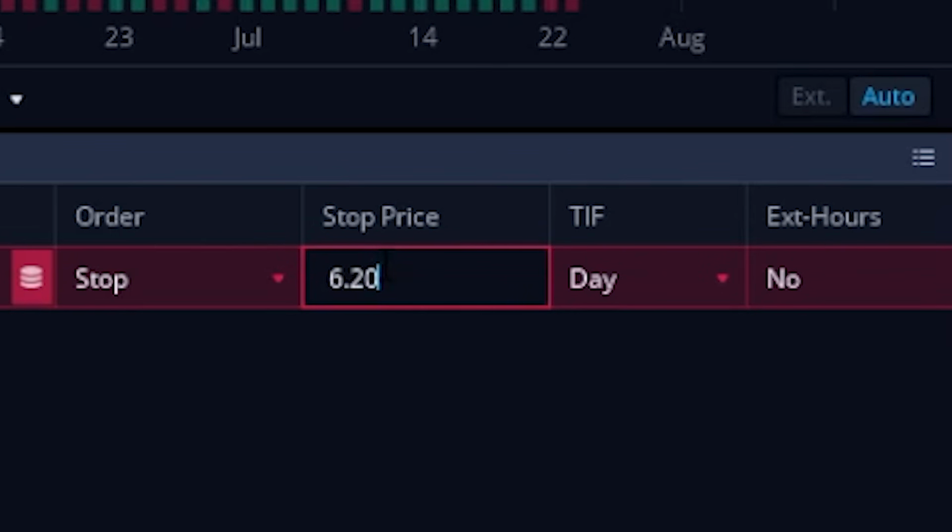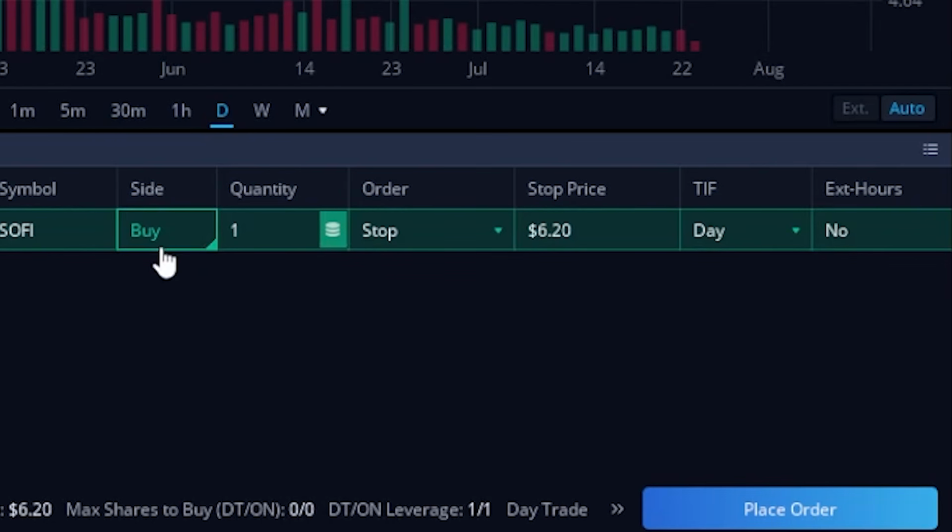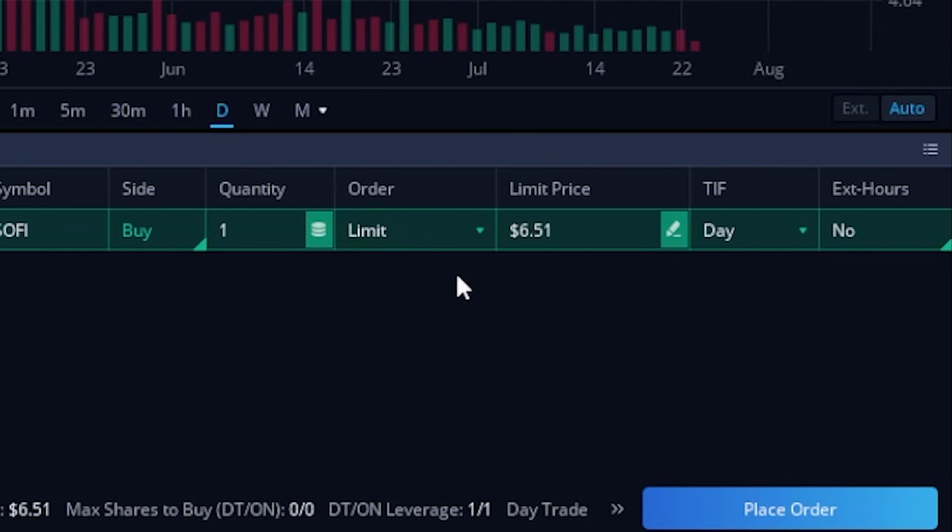Now in my case, I don't actually have a position on SoFi already, so I'll come over here and flip this back over to a buy ticket. And for this one, I actually want to use a limit order, but let's actually specify the price as $5. So again, I'm essentially saying I only want to buy this 1 share of SoFi if it ever drops down to $5 or lower. I could then specify how long I actually wanted this order good for,